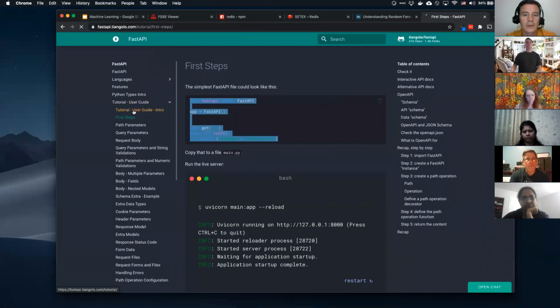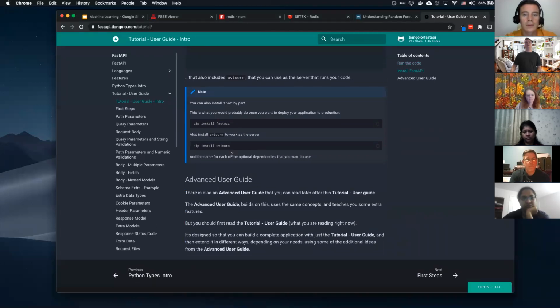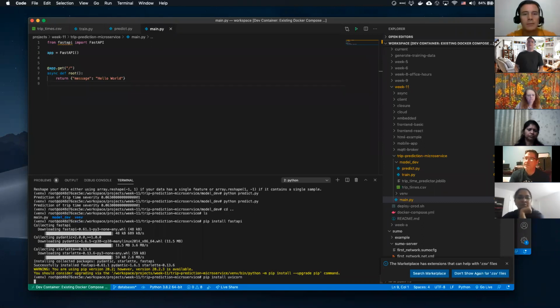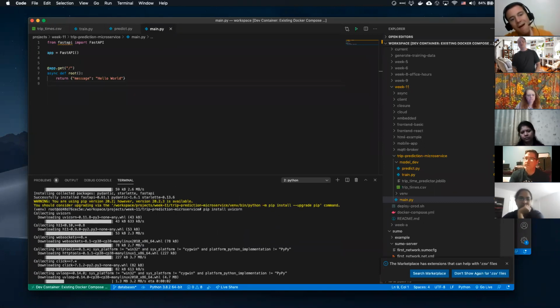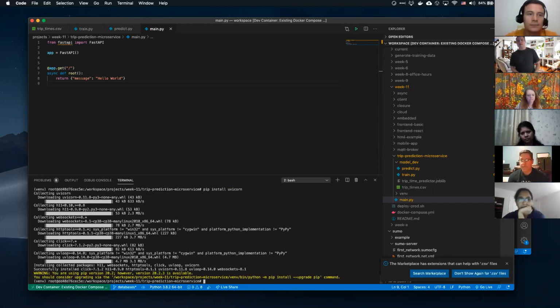Let me first make sure that we're doing that right. Yeah, pip install Fast API. We also have to pip install Uvicorn. This is where Python starts to rear its ugly head with web services. You do need an HTTP runner, or an WSGI or ASGI web server in this case, in order to handle concurrent connections, because Python is not inherently a threaded system, and so you need basically a manager of a number of different connections in order to handle that. And so you'll hear things like Gunicorn. We're using Uvicorn here, and those types of things.